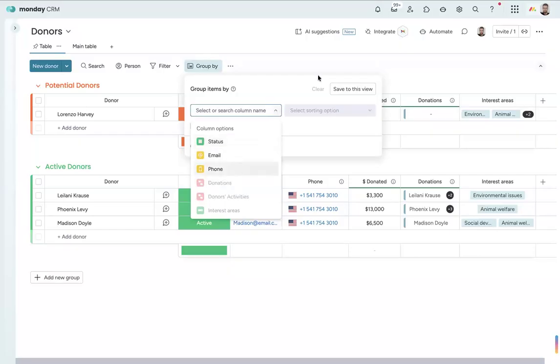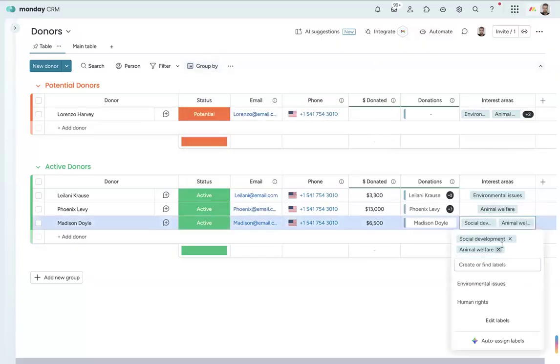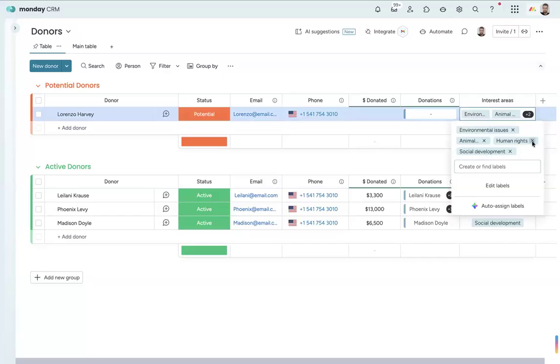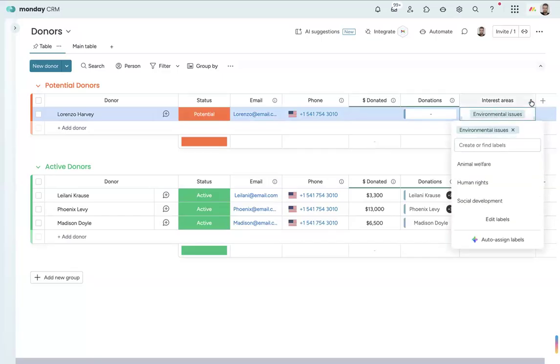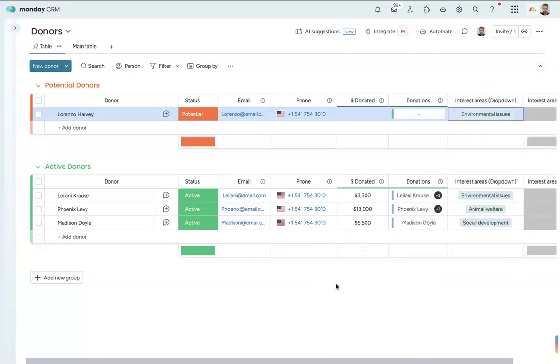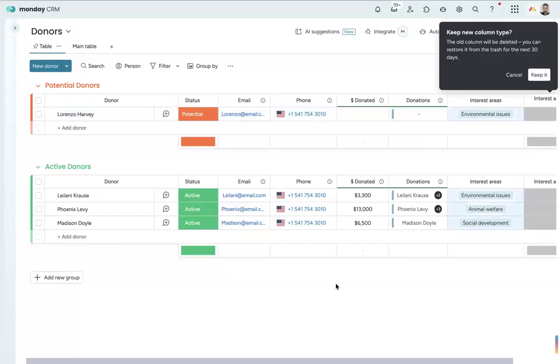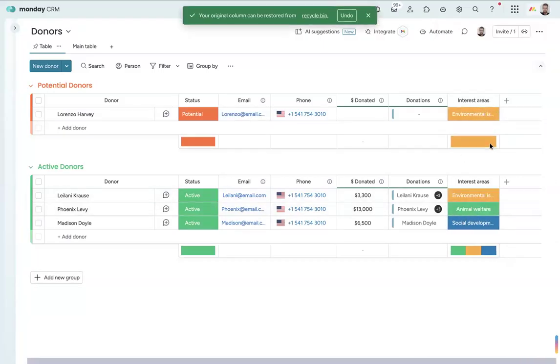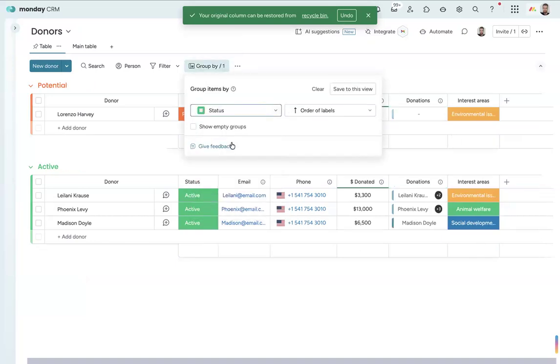Actually, I've realized that's maybe not the smartest one to use, because the drop down by its definition, people can appear in more than one group. So it's not the smartest one at all. Let's use a different example real quick. I'm going to convert this column to a status column. If you want to be able to track multiple interest areas, great. Use the drop down. If you want to demonstrate the group by feature, which is what I want to use, it's not a good one to use for that at all. What I'm going to do here is just demonstrate that you can group by, for example, a status column.